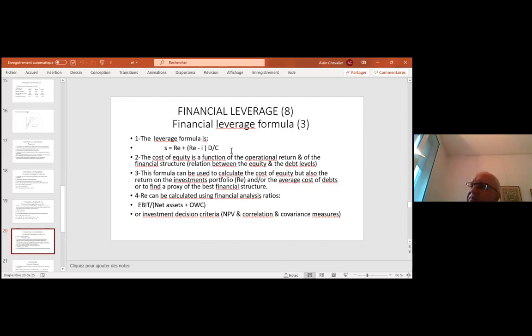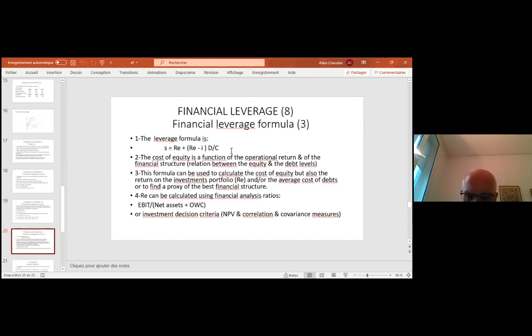4, remember that RE can be calculated another way. It can be calculated using financial analysis ratios. The return of the portfolio of investment can be, remember, calculated both ways, either by the EBIT divided by the net assets plus the operating working capital,